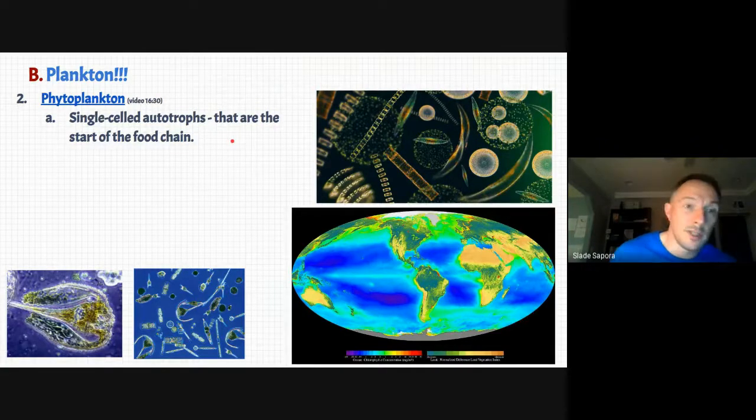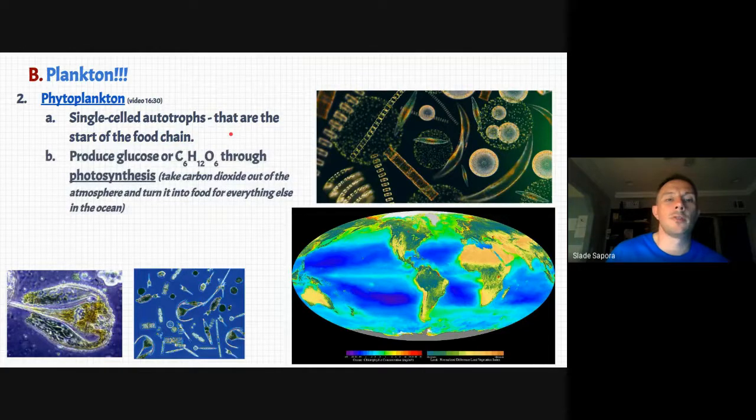Phytoplankton are generally single-celled autotrophs, meaning that they make their own food, and they are the start, again, of every ocean food chain. It's more important than just saying they're the start of the ocean food chain. Really think of them as being those primary producers that make glucose, that make sugar, that take the inorganic carbon dioxide and water and turn it into the organic